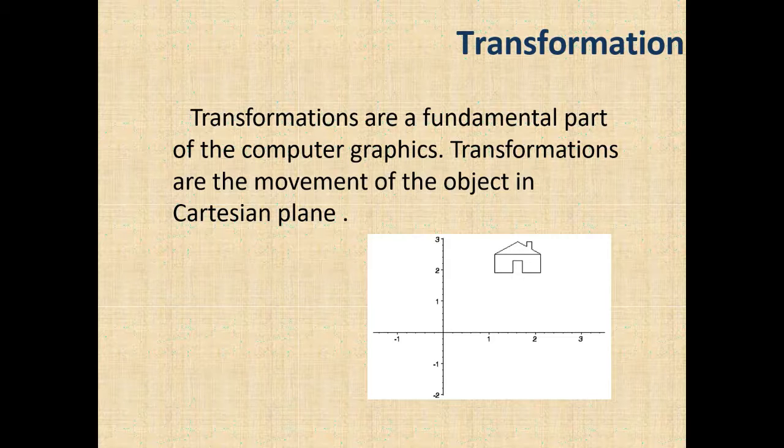So this is the basic information about what is happening during the 3D transformation, the fundamental part of computer graphics. Transformations are movements of objects in the Cartesian plane. So whatever you are seeing on the screen is the 2D transformation. There is a home that is drawn, and you can see that there are two planes, one is the X plane, another is the Y plane. If it is having any transformation of rotation, scaling, or translation, then it is going to be called a 2D transformation. When there is another plane added, the Z plane, then we can explore the 3D transformation part.